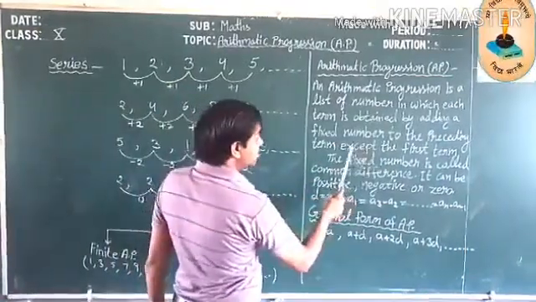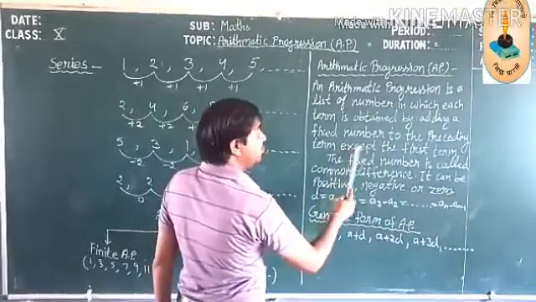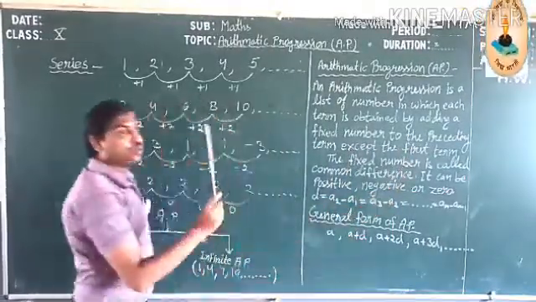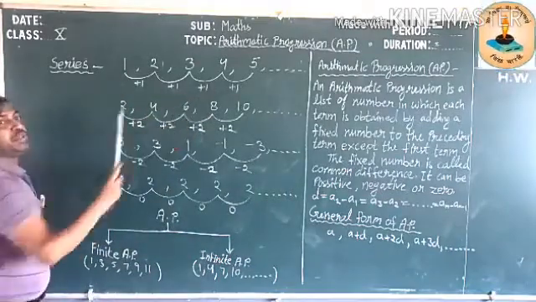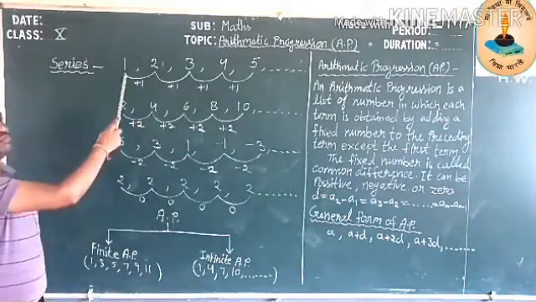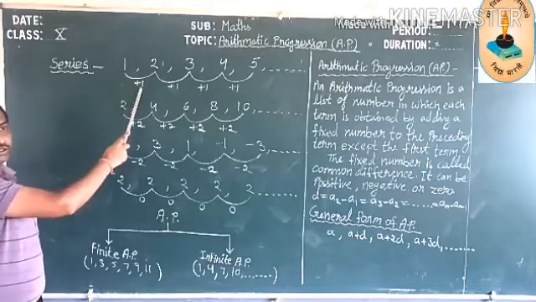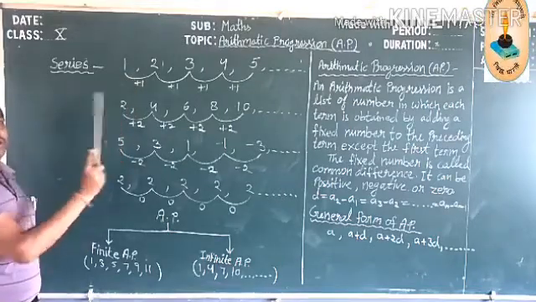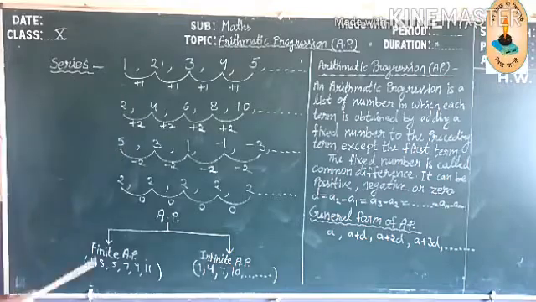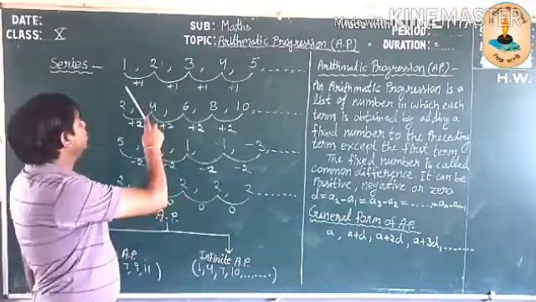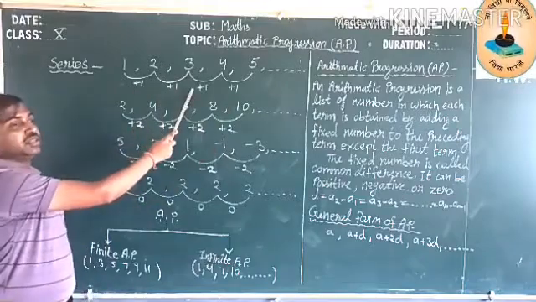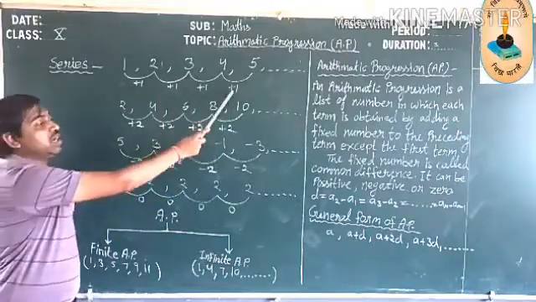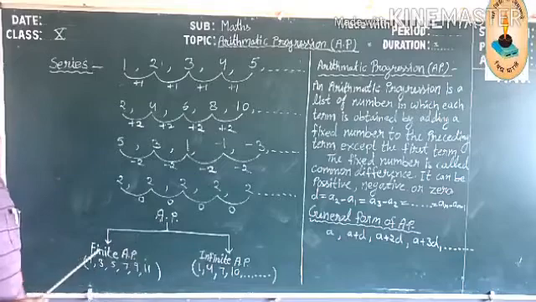The last term means except the first term. ये रूल कब अप्लाई होगा? फर्स्ट टर्म को छोड़ के बाकी सब टर्म पे ये अप्लाई होगा. फर्स्ट टर्म इस रूल से अलग होगी. फर्स्ट टर्म इज फिक्स्ड. और ये जो फिक्स्ड नंबर हैं, these fixed numbers are known as common difference.